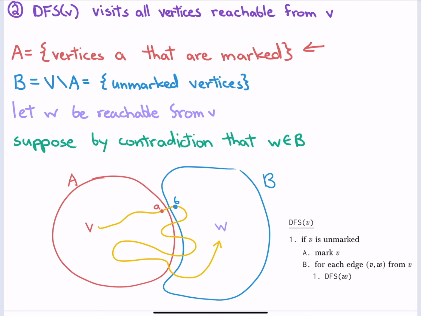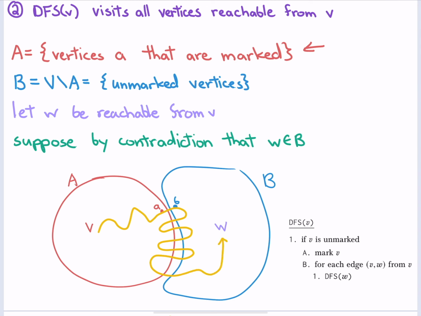Okay. Now, all I know about W is that it's reachable from V, right? So there's some crazy walk in the graph. There's some way to get from V to W, right? And all I really know about this walk is that it starts in red and it ends in blue. That guarantees that there's at least one edge that starts in red and ends in blue. Here's that edge. It could be that edge from A to B